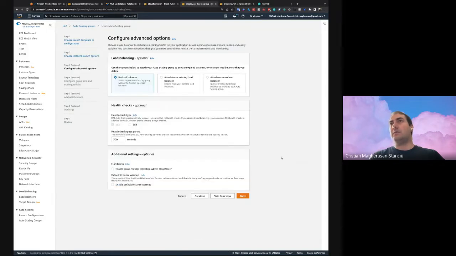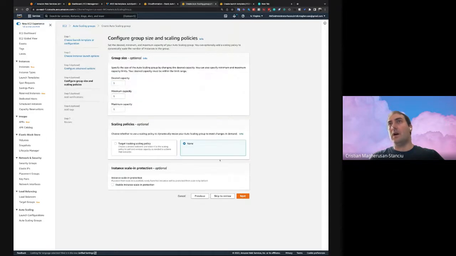And no load balancer. We just keep the EC2 health checks. We don't care about other things here. Desired capacity, let's set it to 1. And maximum, let's set it to 4, whatever. Doesn't matter, as long as we get some instances in the group.